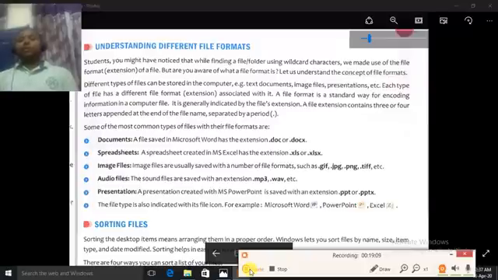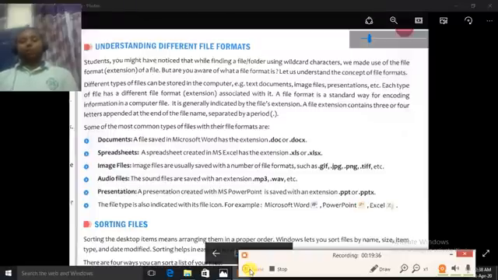A file extension contains 3 or 4 letters appended at the end of the file name and separated by a period, a full stop. It means at the end of the file name you use a full stop, then 2 or 3 letters as the extension. Just like a document file, you use a full stop after the file name, then doc or docx for documents.